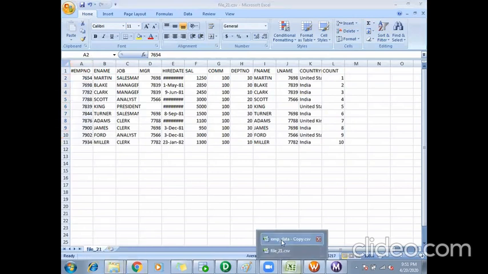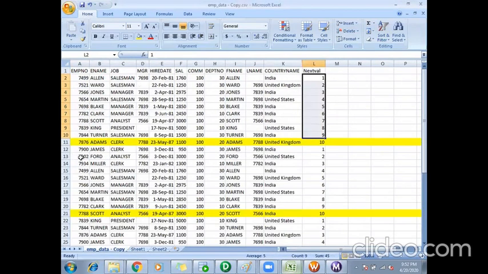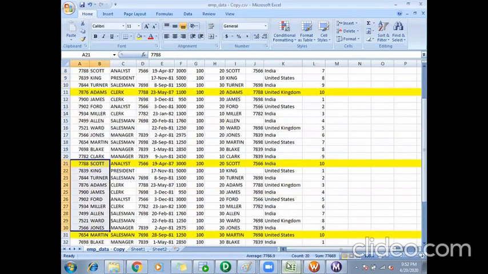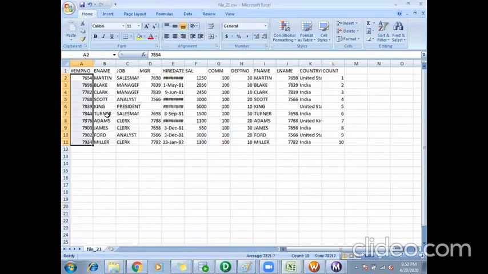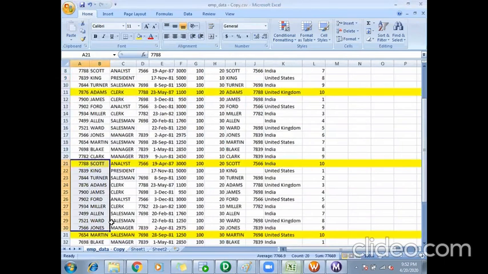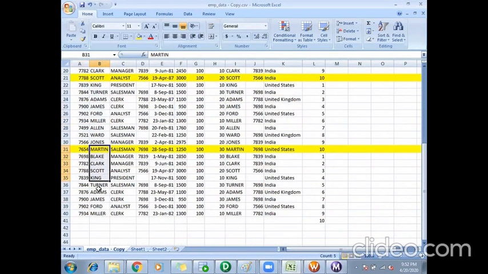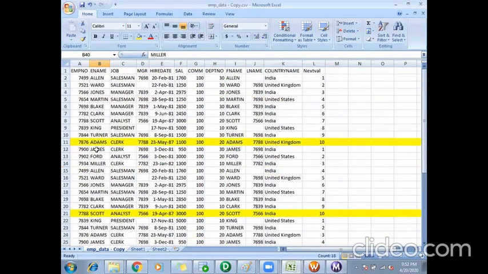This is my file, 21 to 30. If I check this particular file, Scott to Martin. So Martin to Miller, whatever data I passed.